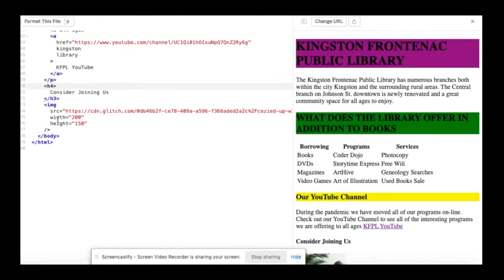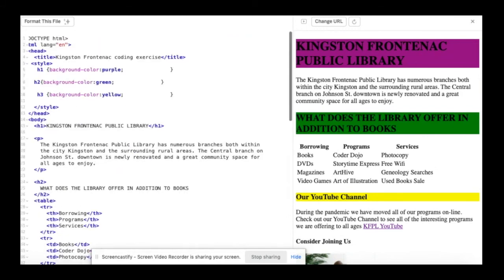It's the nice thing about Glitch. It brings your mistakes up very clearly. Here we are. And here's the other H4. And we've got no color on H4. Let's add some color to H4.